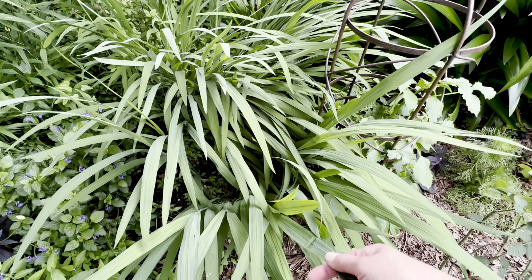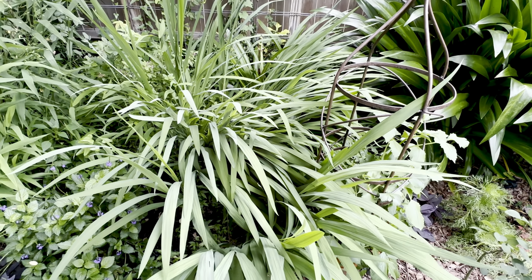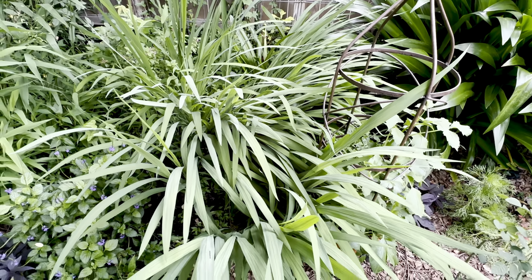These are crocosmia that have not come out, but they sure have a pretty look to them. I supported them. They tend to fall over as well, and I have supports for them, but they would do better with a very tall support from the minute they leaf out. This is a little